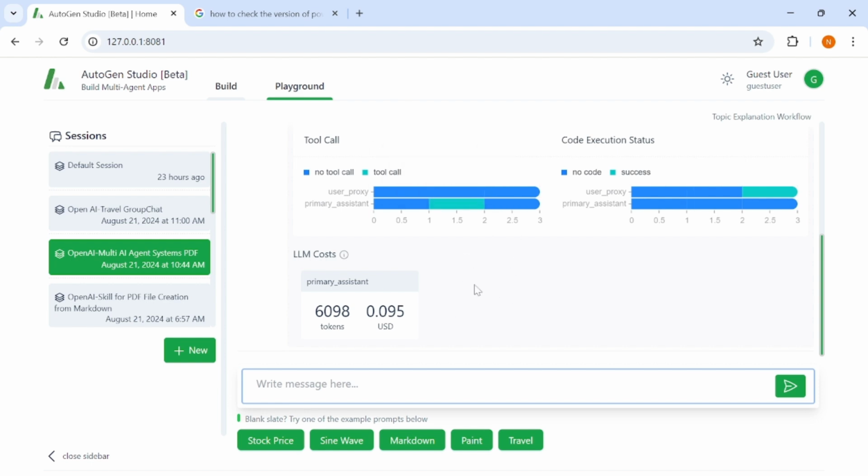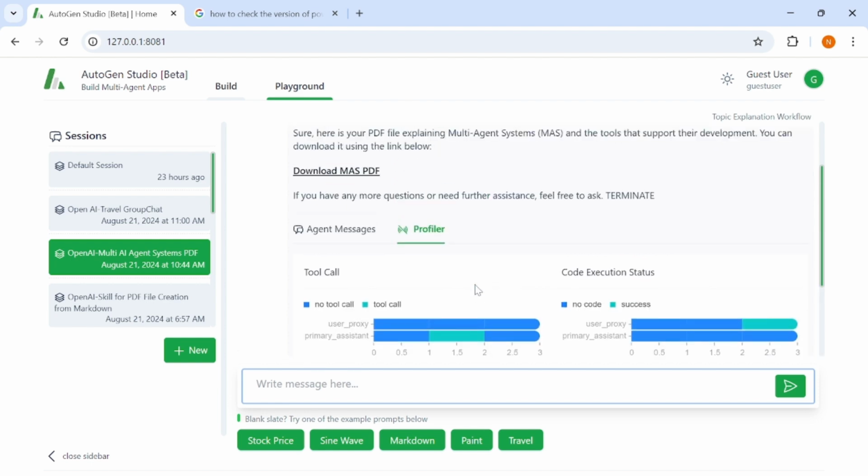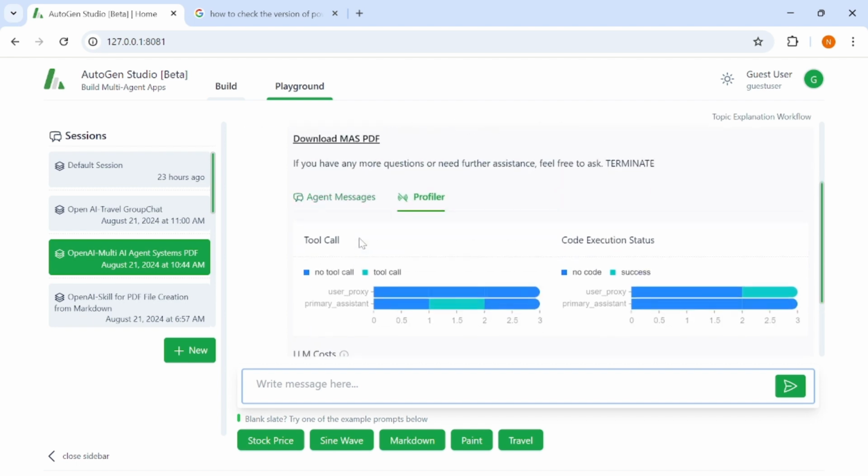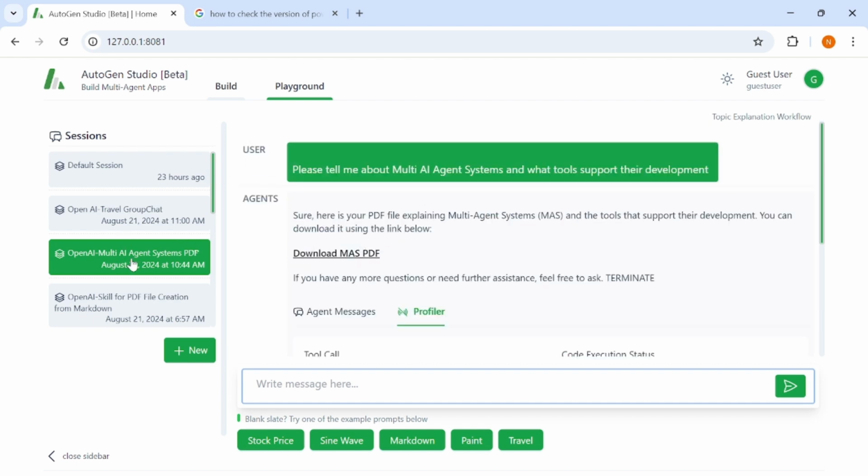So all these details are also provided as part of the operations, and this is further being refined, and you will be able to see much more clarity and details in future AUTOGEN Studio versions as well. Okay, so we have covered basically the assistant agents, the creation of skills, and how the workflow execution happens in the playground, and how the agents and the user proxy interact with each other to give you the final